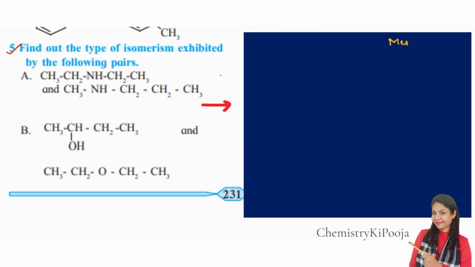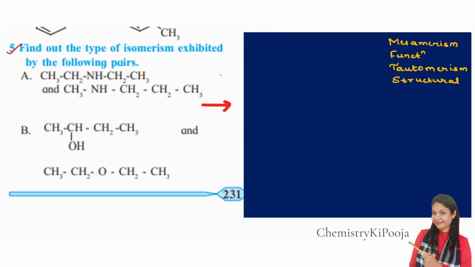Okay, metamerism. Then it is functional group isomerism, right? Then tautomerism. Then there is structural isomerism, wherein we have studied chain and position isomerism under structural, right? There is, of course, one more type, that is geometrical stereoisomerism. Okay, so that we are not going to cover in these questions. So let us quickly have a look now.